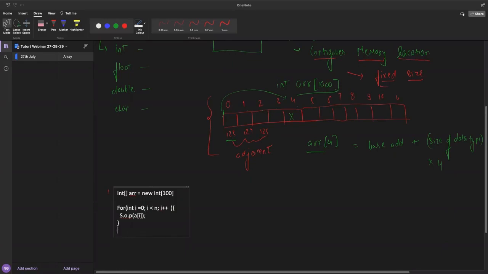If we talk in terms of the interview, array is a very important and very broad topic, because array contains your searching problems, sorting problems, normal array problems. Then array also contains dynamic programming problems, backtracking problems.